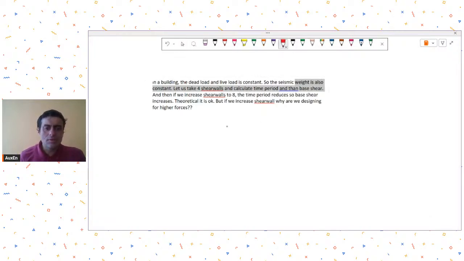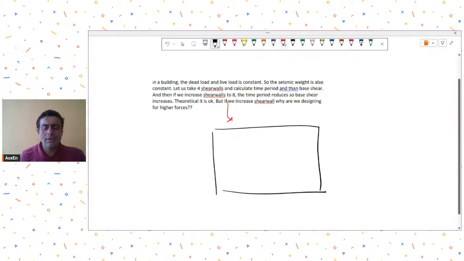See, as you all know, his query may be a query which many of you might have. He is saying, let's say this is the plan of your building, and you have planned some shear walls. I hope the screen is visible to all of you. So let's say there were shear walls that were planned like this. Okay, four walls along X and maybe four walls along Y or the other direction also. I'm not drawing the walls in the other direction as of now. So there were four walls along a particular direction,